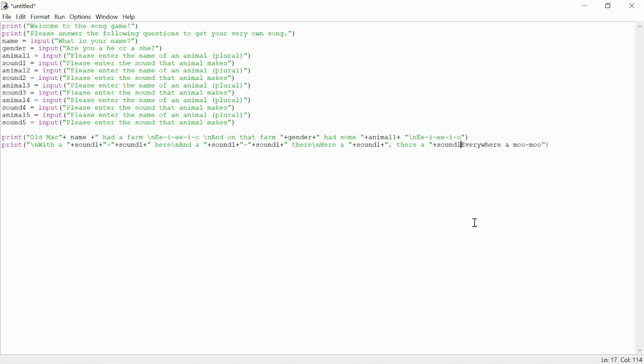So like that. And then we want a /n everywhere, and this is the last one for now. Everywhere a quote, and delete right here, plus sound 1 plus quote hyphen plus quote plus sound 1. Okay, so now what this should do is it should ask you a bunch of questions,